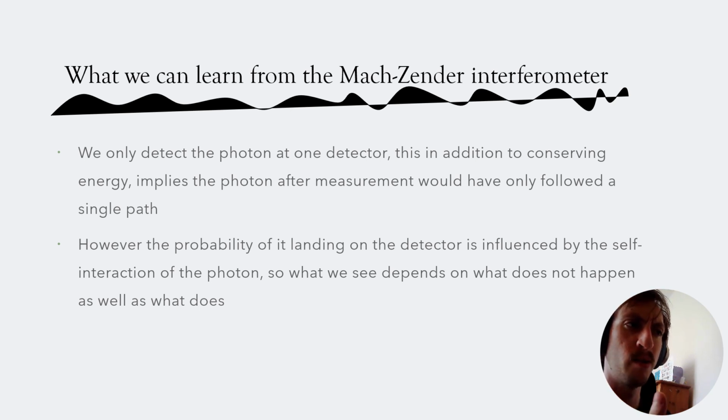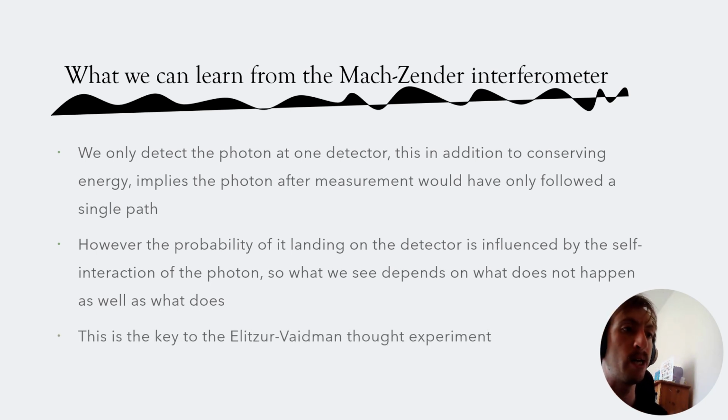So in that sense, what we observe depends not only on what the photon has done, but also what it has not done. It's a very peculiar feature of these interaction-free measurements. And this kind of interaction-free novelty, where the state of a photon depends on both parts of its quantum state, including parts corresponding to the photon doing things that, at least after measurement has occurred, it seems never to have done, is key to understanding the Elitzur-Vaidman bomb experiment.